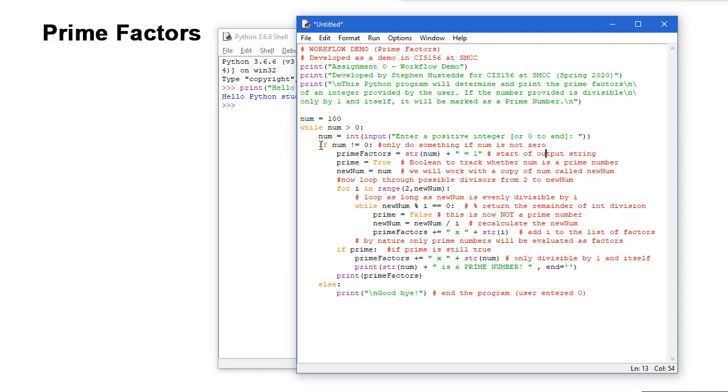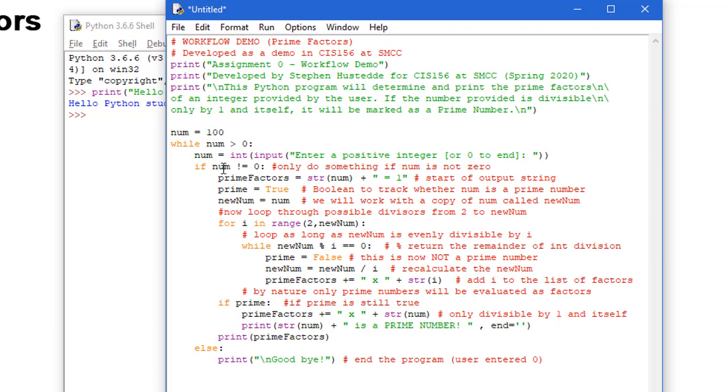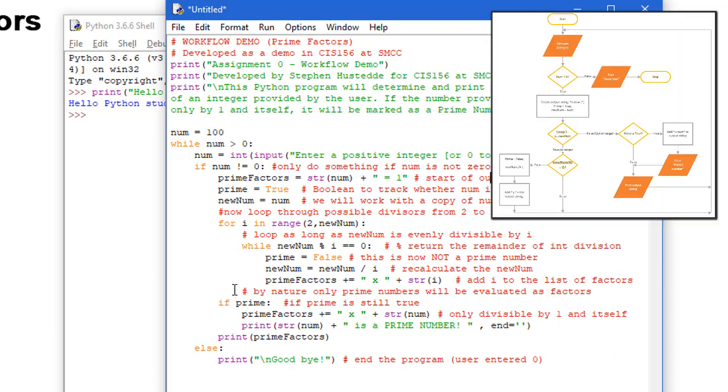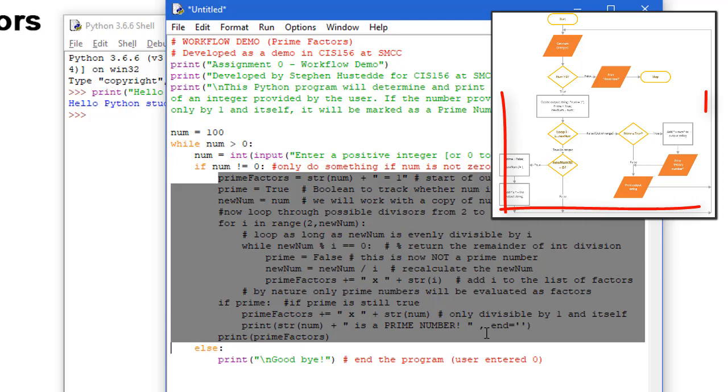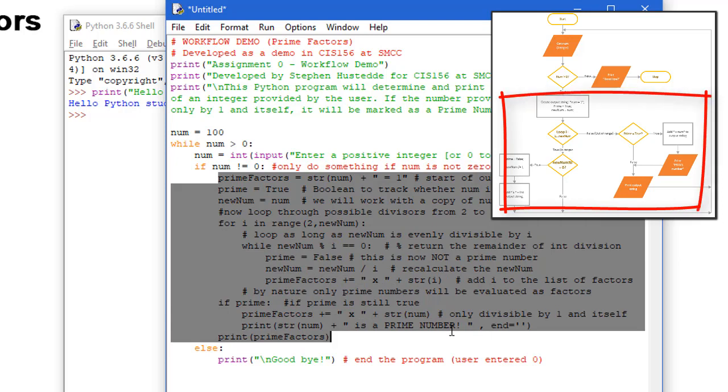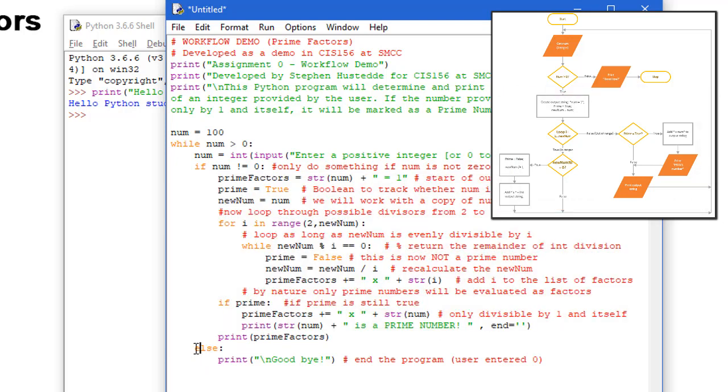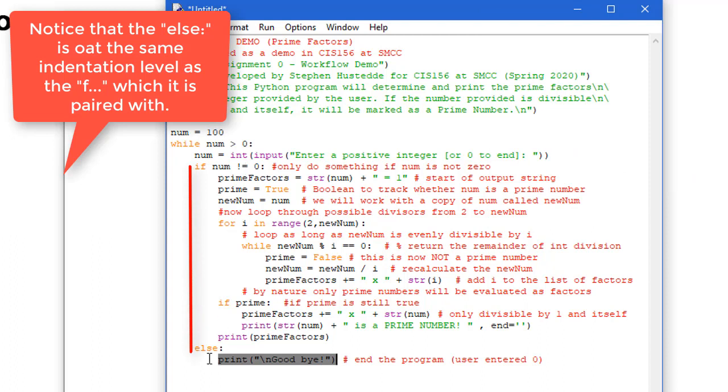Now this if is another what we call a structure, and so it indents under the if. If you remember in the previous video we looked at the diamond shapes for when we're asking a question. We're basically asking a question here. Is num equal to 0 or not? And if it's not equal to 0, then we're going to do all of this. And then notice we have an else down here. Else, we're going to print the statement goodbye. So if they enter a 0, it's going to come down here and do this else and print goodbye